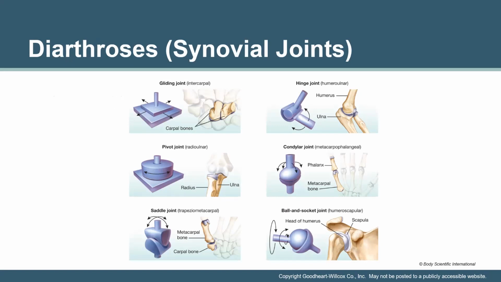And there are actually 6 types of this type of joint. Those include gliding joints, hinge joints, pivot joints, condylar joints, saddle joints, and ball and socket joints. So this is a big class of joints. Gliding joints